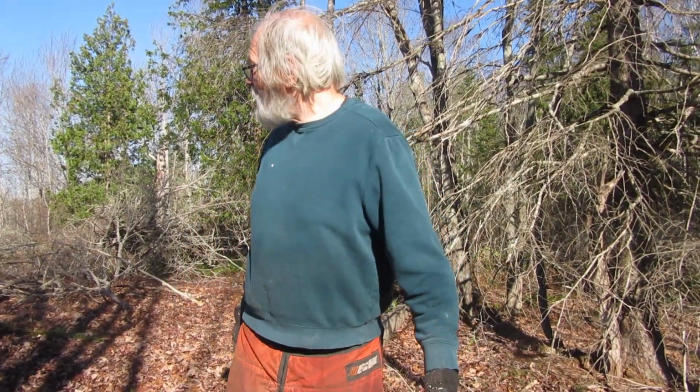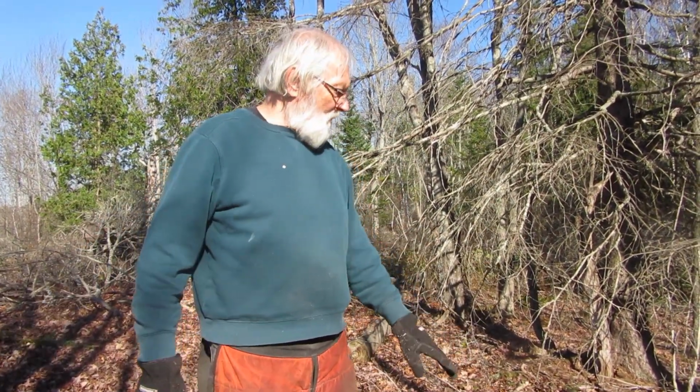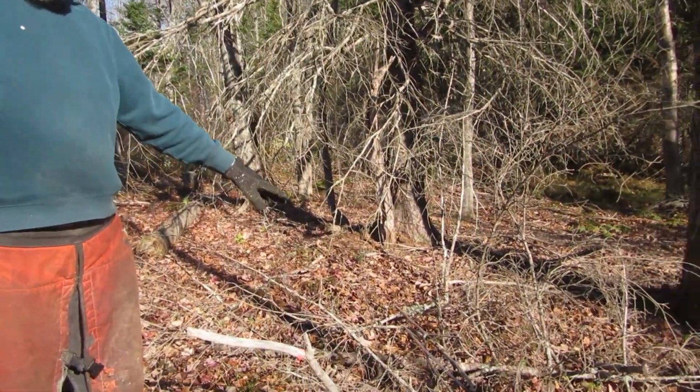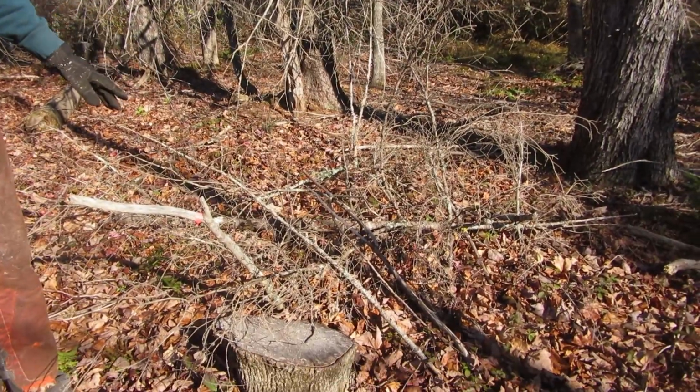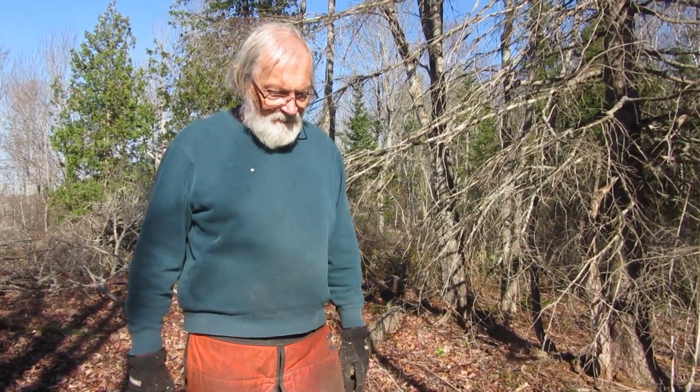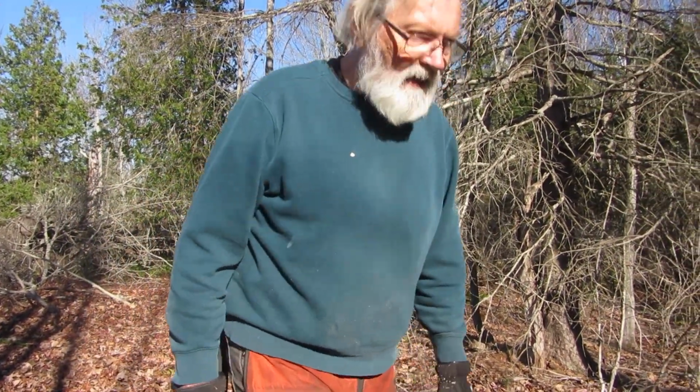So right now we're just 30 feet further south from where we were, and we have an oak growing in here. So again, to try and give him more sunlight, I have